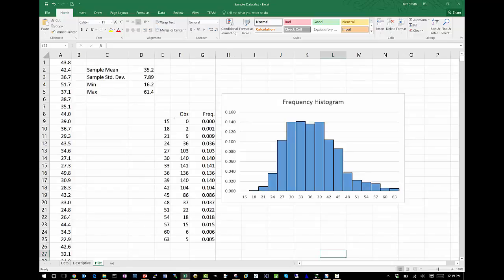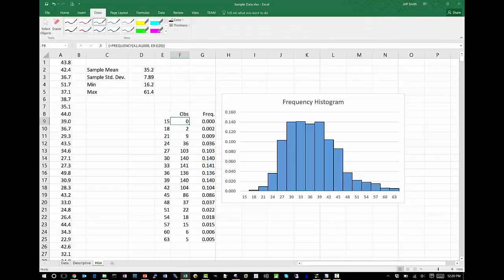In this case, I have 1,000 different observations of my data, and I then came up with the range using my minimum and maximum, and used the frequency function in Excel to get my distribution, to get my number of observations, and then I computed the frequency. And so what I'm interested in is just the general shape of this distribution as a first part of trying to make this assessment of what type of distribution I want to use. And so I also have several other